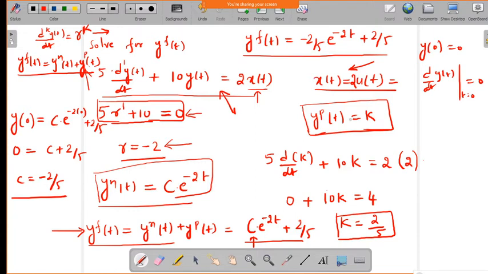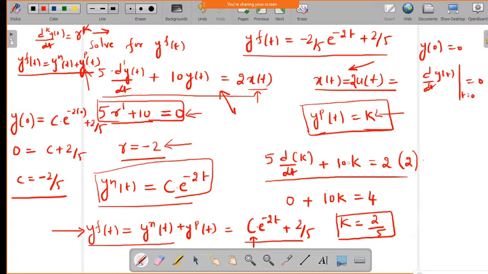So, you have to replace y of t, wherever it appears in the differential equation, by the value of k, in order to find a particular solution. If you replace it with the constant value k, you get the differential equation to find the particular integral. Now find the value of k so that you get the particular solution. So, d by dt of a constant is 0, then 10 into k.